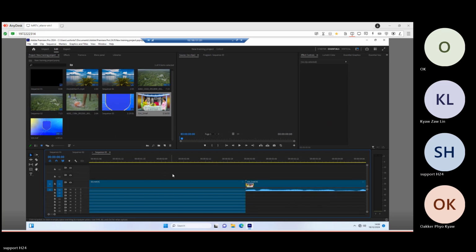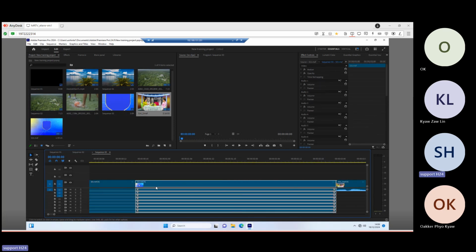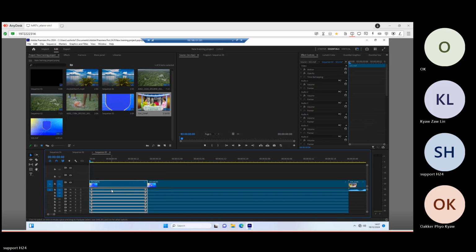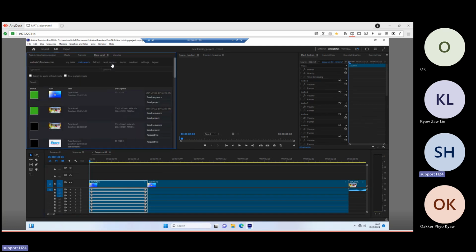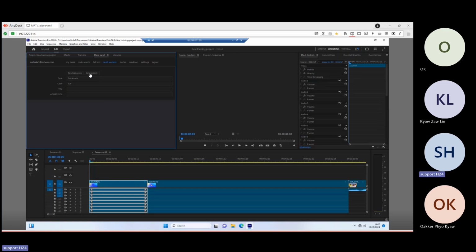So let me cut also this one. Now that we have our file available to be exported, so we applied all the modifications that we needed, we can choose to send to Etere the sequence or the project. Sequence means that we'll send the exported file, so it will transcode,